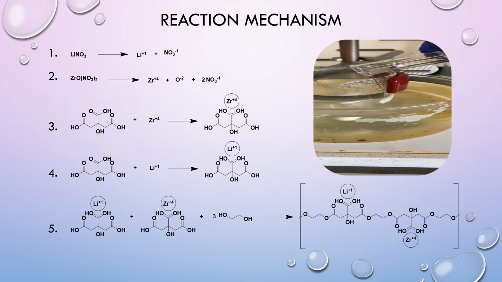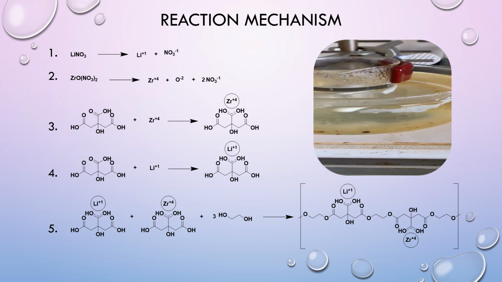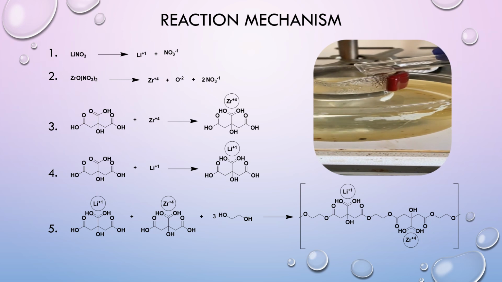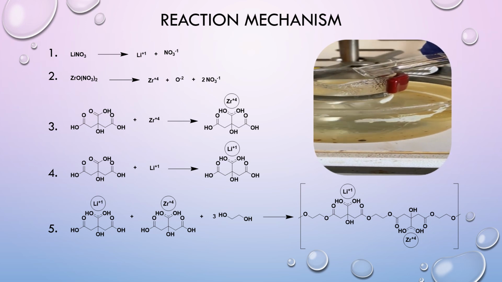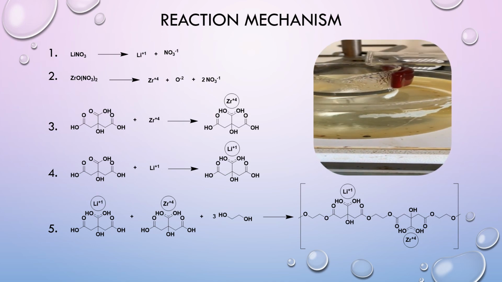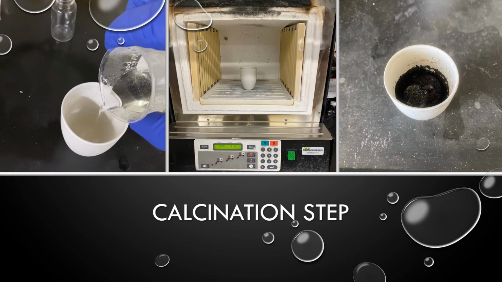Once this happens, a polymerization reaction begins as presented in step 5. These polymeric strands are left to grow for 7 hours until the solution becomes a gel. Once the 7 hours passed, the solution was taken out of the oil bath and left to rest for a couple minutes. Once the polymerization step was finished, the gel was transferred into a crucible and put in an induction